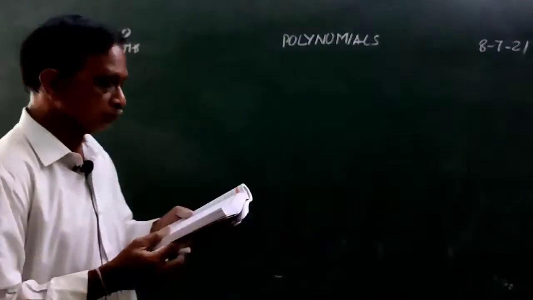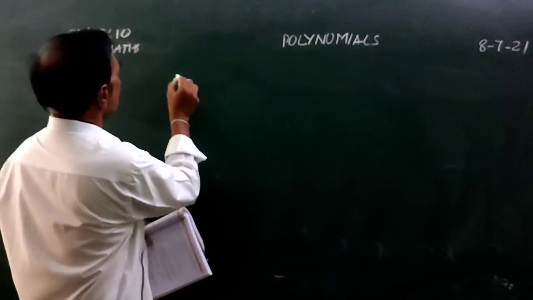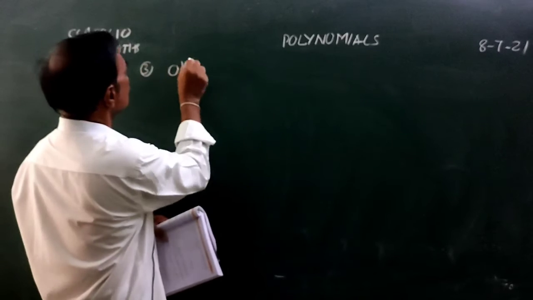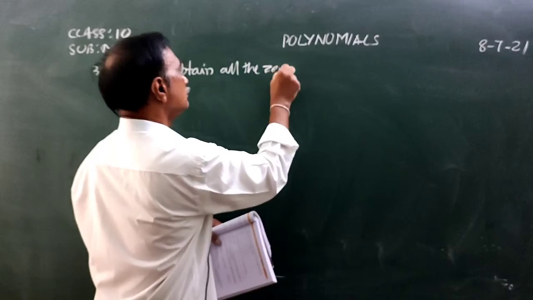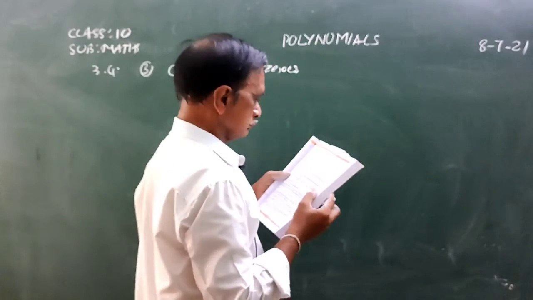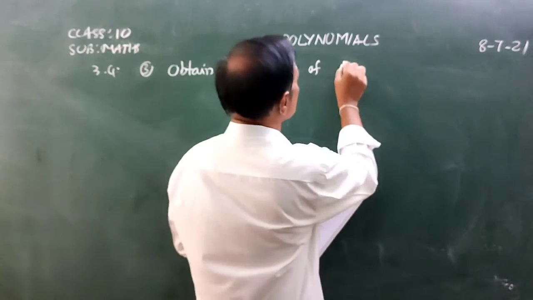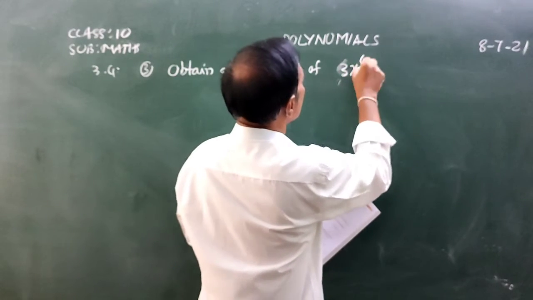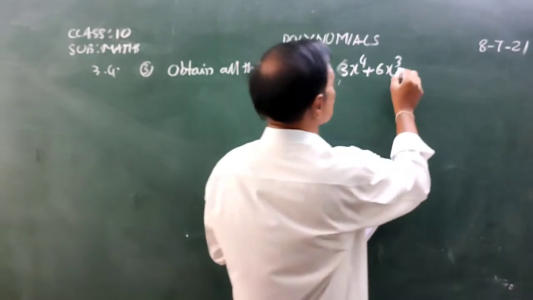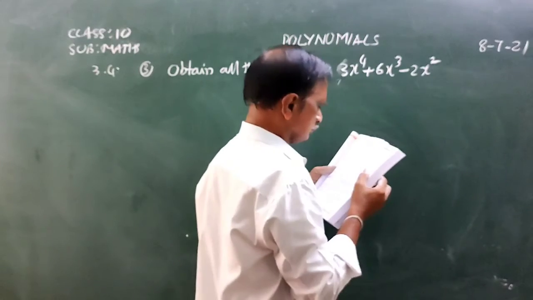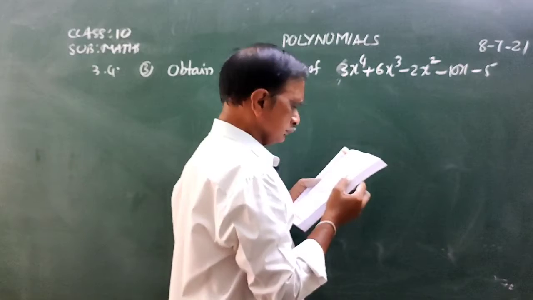Okay. 3.4, third one. Obtain all the zeros of 3x power 4 plus 6x cube minus 2x square minus 10x minus 5